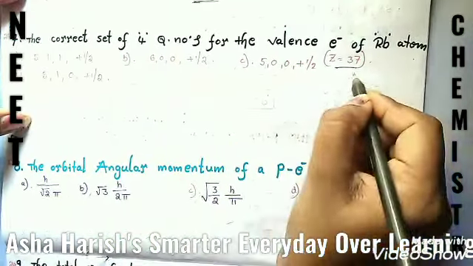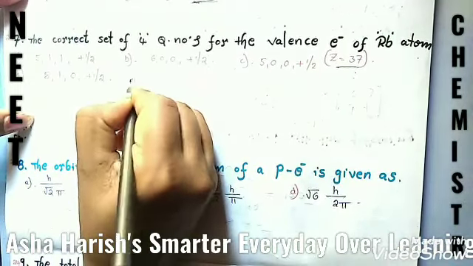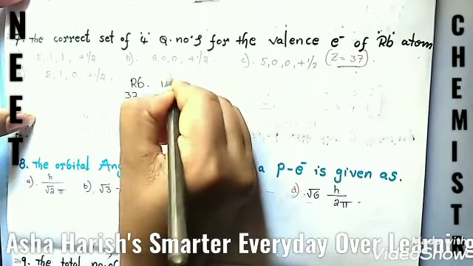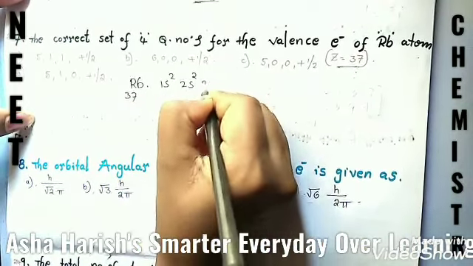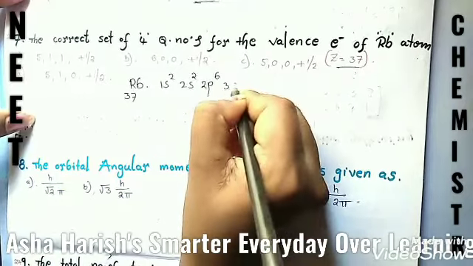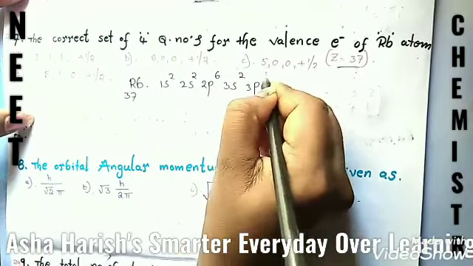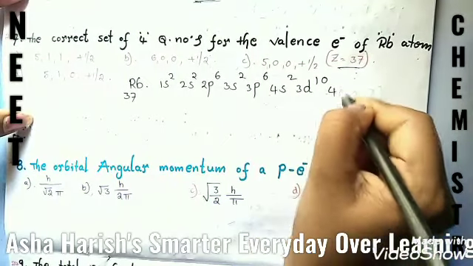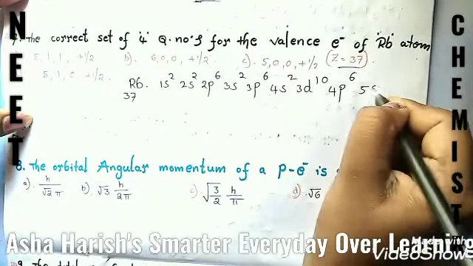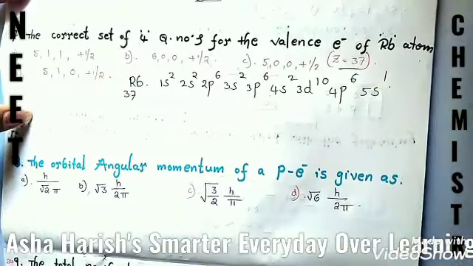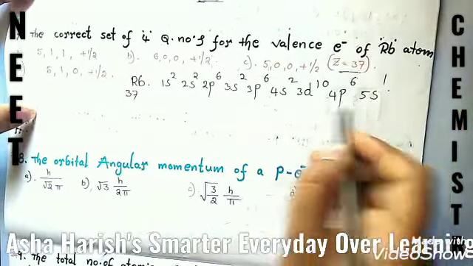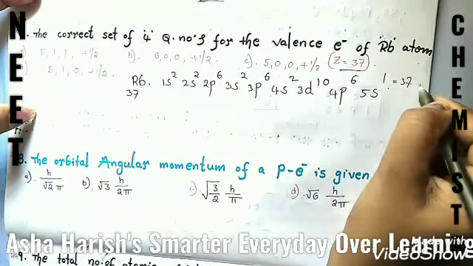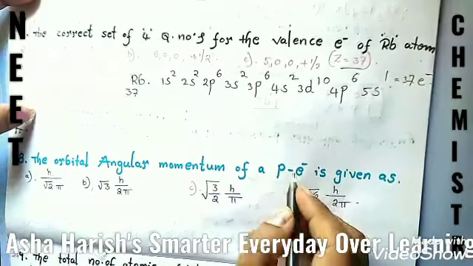We can write the electronic configuration for rubidium, atomic number 37. That must be 1s2, 2s2, 2p6, 3s2, 3p6, 4s2, 3d10 and 4p6, 5s1. Basing upon the Moeller chart, we can write the electronic configuration like this. If you count all these numbers, you should get 37. These are the number of electrons.